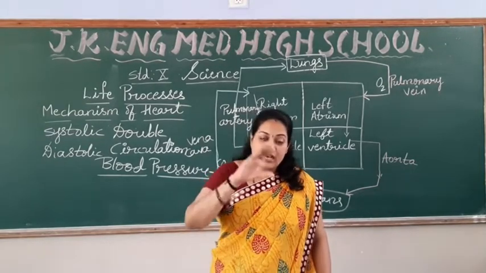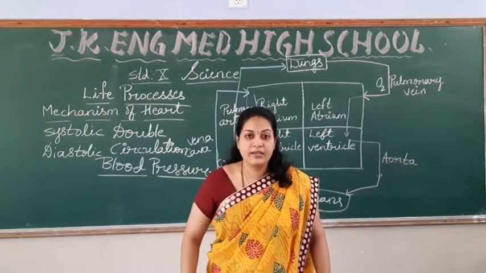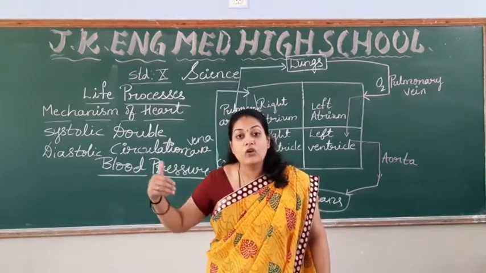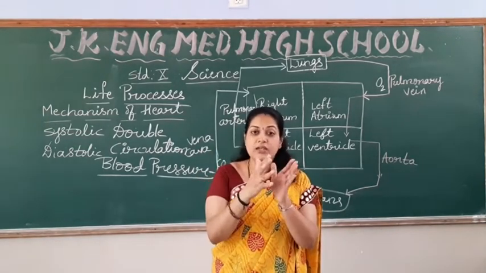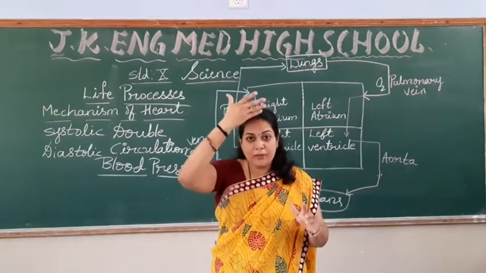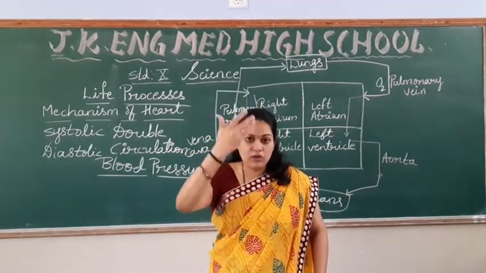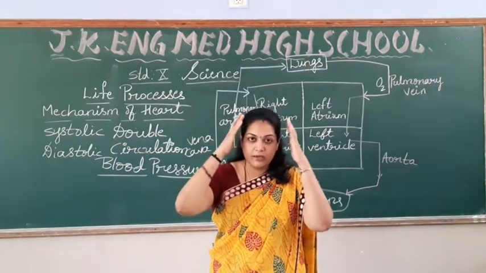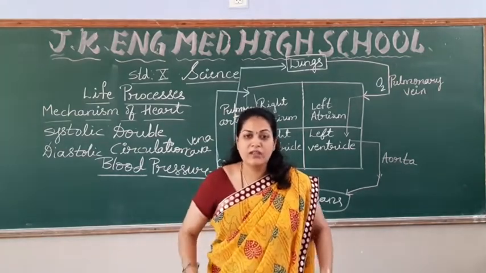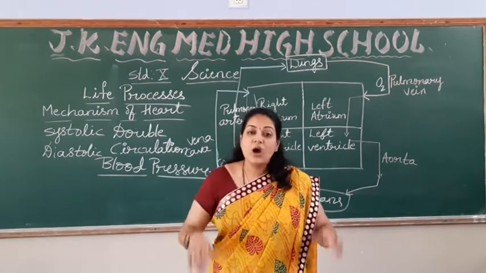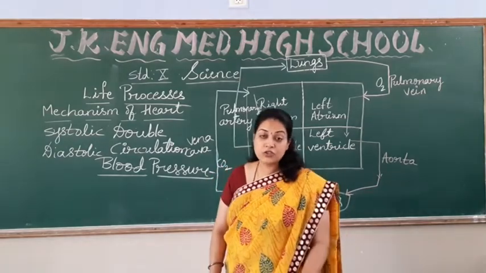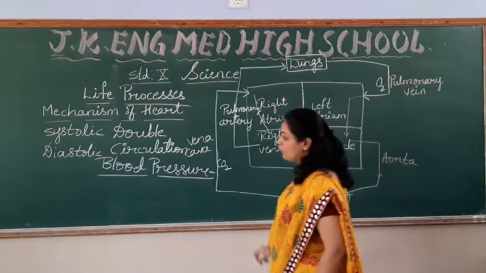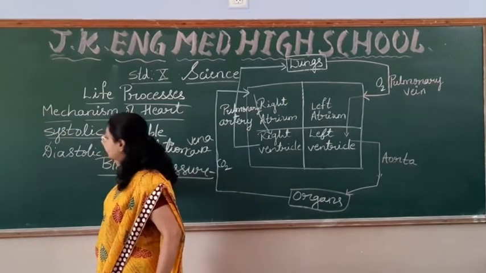Why? Because arteries are carrying the oxygenated blood and veins are carrying the deoxygenated blood. Now the oxygenated blood has to reach the upper parts of the body, such as the brain, as well as the lower parts of the body. Right? So to reach the brain, a little pressure is required. With the pressure it has to flow. Right? So arteries have more pressure compared with the veins. So the pressure with which blood enters into the aorta is called systolic pressure.